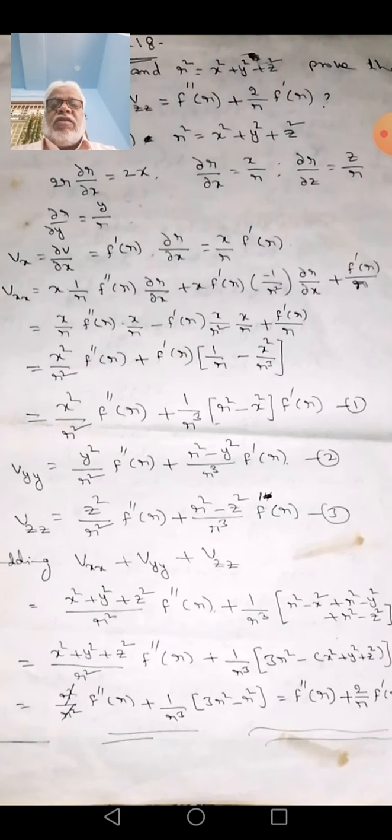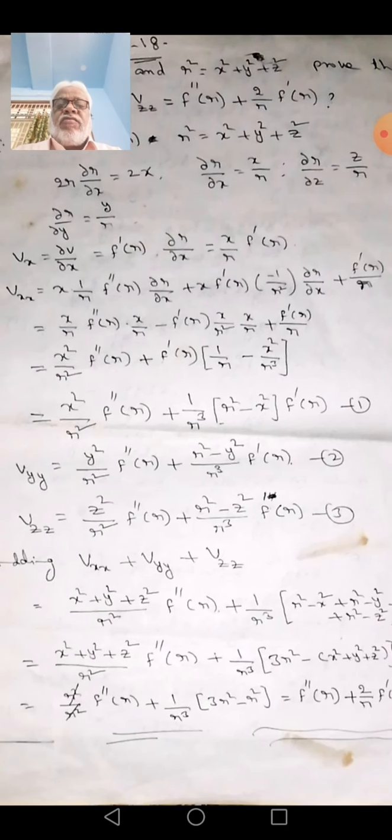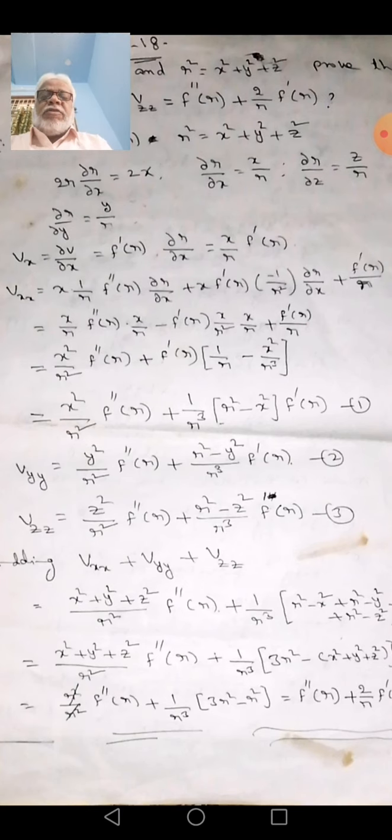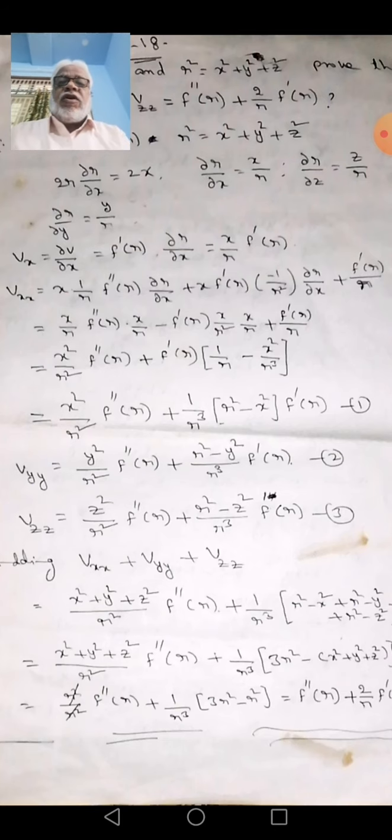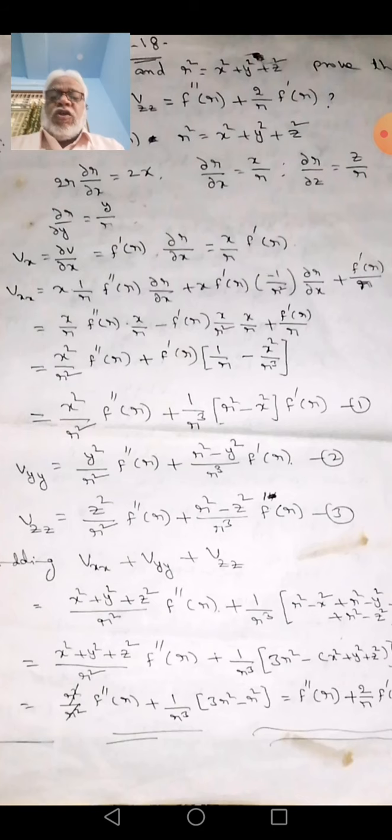What is the RHS? We have f double dash r by r square in the first, f double dash r by r square in the second, and f double dash r by r square in the third. That's why f double dash r by r square is common. Taking it out, the remaining terms are x square in the first term, y square in the second, and z square in the third. So finally x square plus y square plus z square by r square into f double dash r,